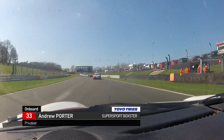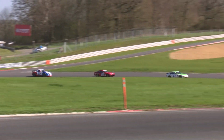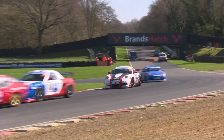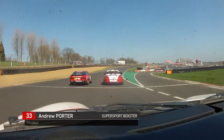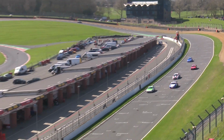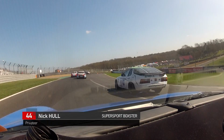On board with Porter again. Hutchins coming up on the 2 924s. It's going to be inside or outside. With the twists and turns of this track, it is difficult, and we'll see whether he's going to go for the inside line here as they come through Clark Curve. Porter's going to follow through as well, past John Jones in 639, then to the outside line of Andrew Pritchard, so goes through, and Nick Hull not that far behind, but